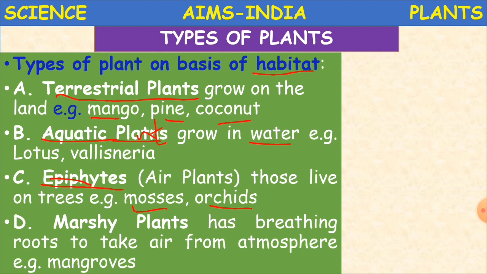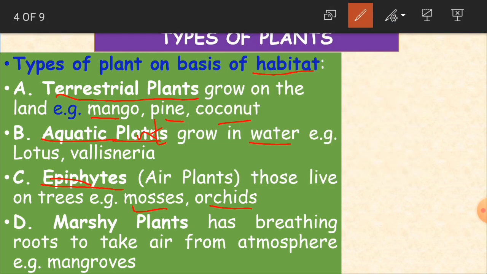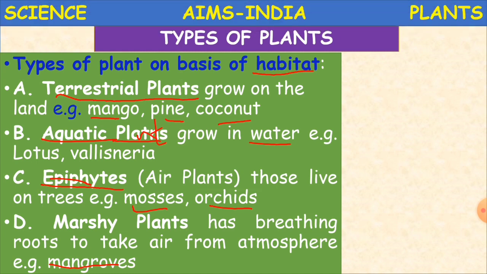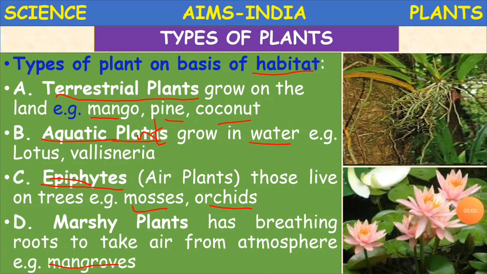For example, mangrove trees, that is marshy plants have got breathing roots. Why? Because they are located out of the soil. Clear, children? And water also, out of the soil and water. Clear? These are. So if you see here in the above picture, so you can see this air plant